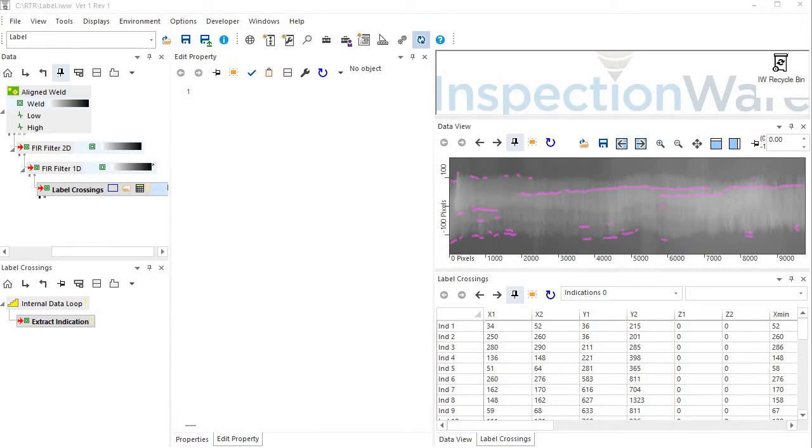Video number 3 of analysis of real-time radiography image of a weld. So we're starting about where we left off in video number 2, slightly different thing, and what we're going to do today with this one is we're going to determine the position in the weld